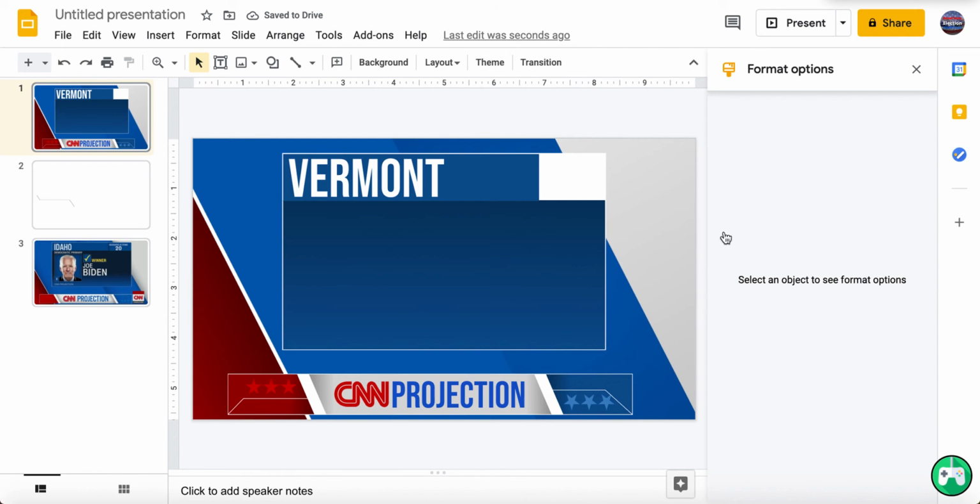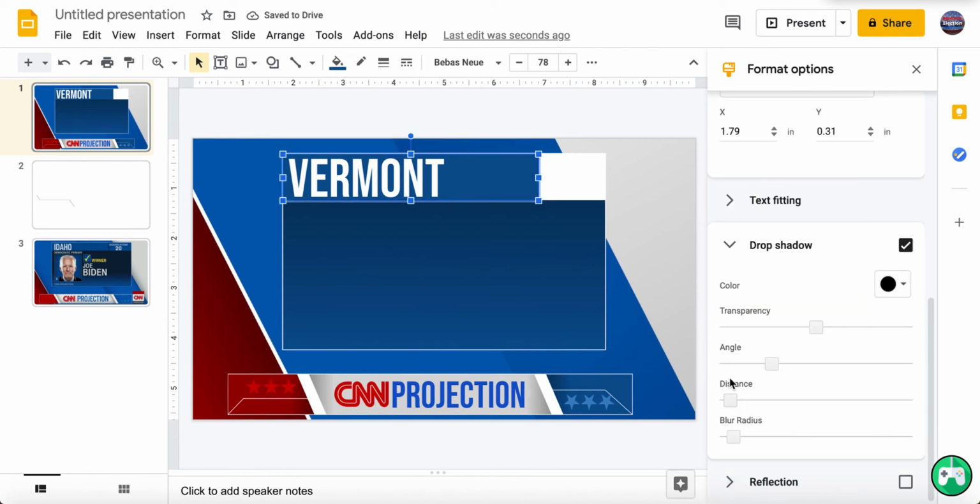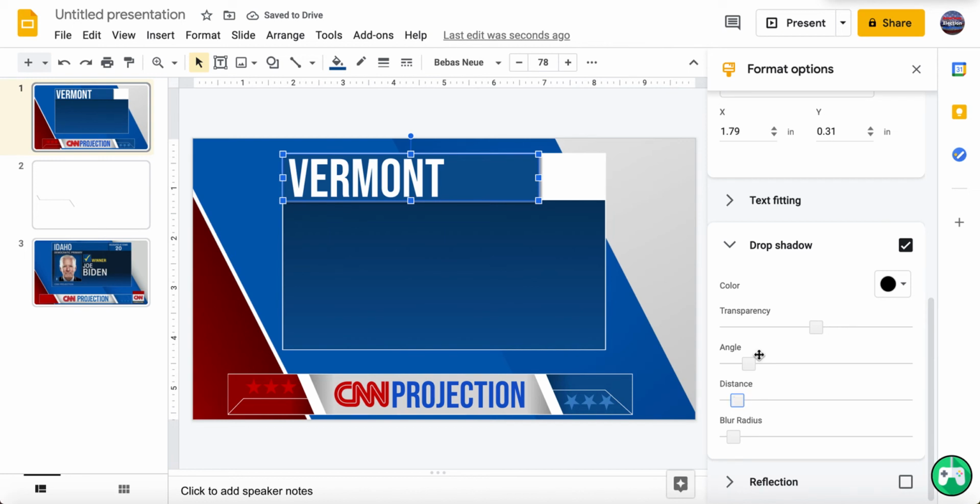We are going to go to Format Options, Drop Shadow. We're going to have to make the distance longer, not that long, like a 6. Okay, now we're going to have to find the right angle. When I bring it down, does it? Okay, let's try a 30. So I'm going to get rid of all this transparency.